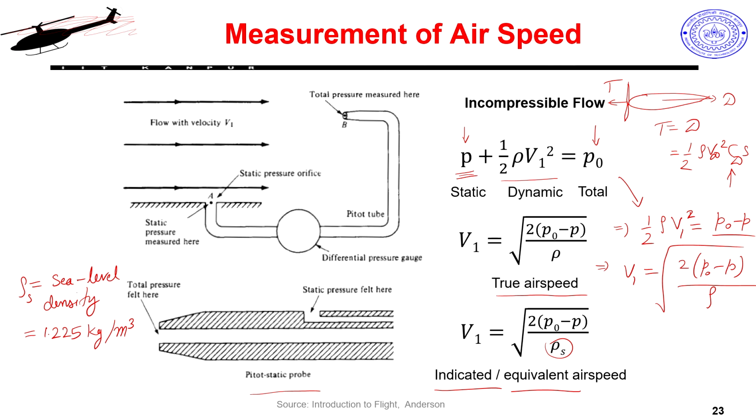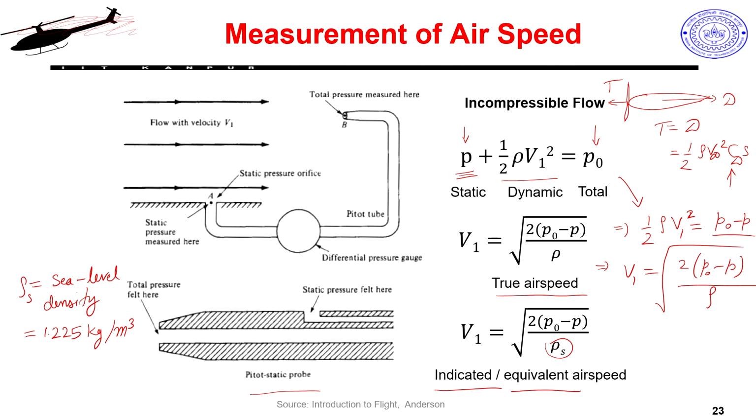True airspeed and equivalent airspeed are the same if you are flying at sea level or close to conditions which are similar to sea level. But if you are flying at a higher altitude, say 4000 meters or 6000 meters, it would not be the same. But this still serves the purpose. Why? Because I know my relative change in speed with fair accuracy when it changes up and down.